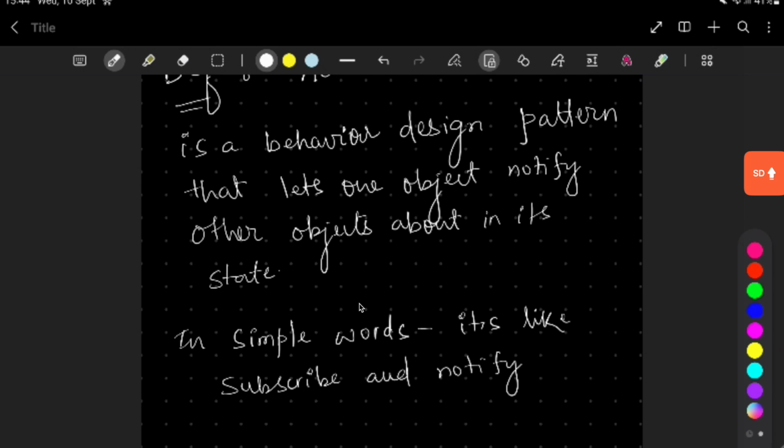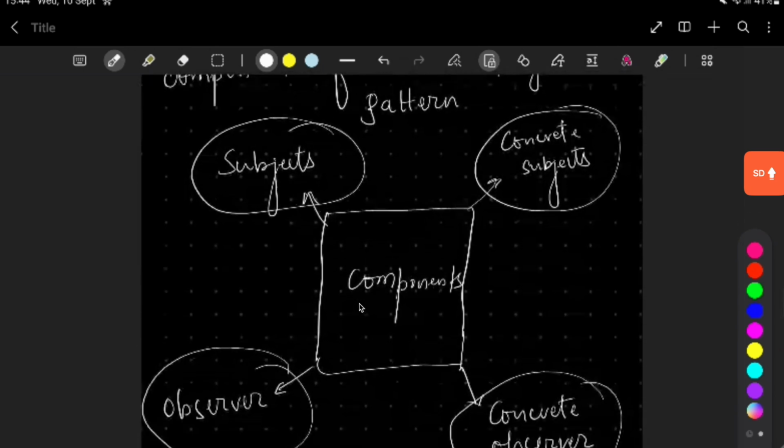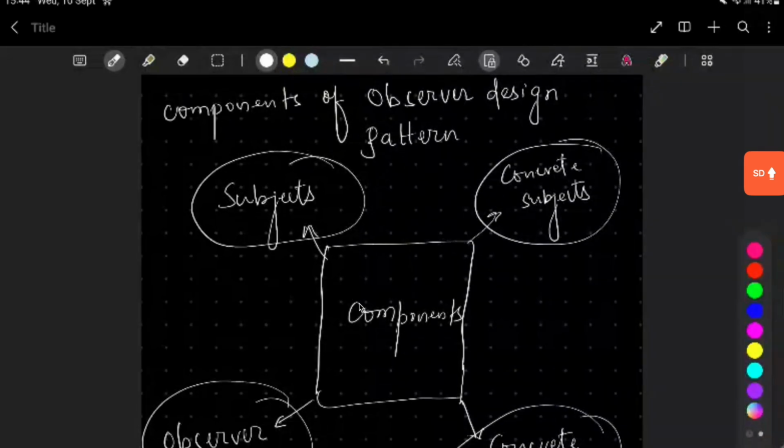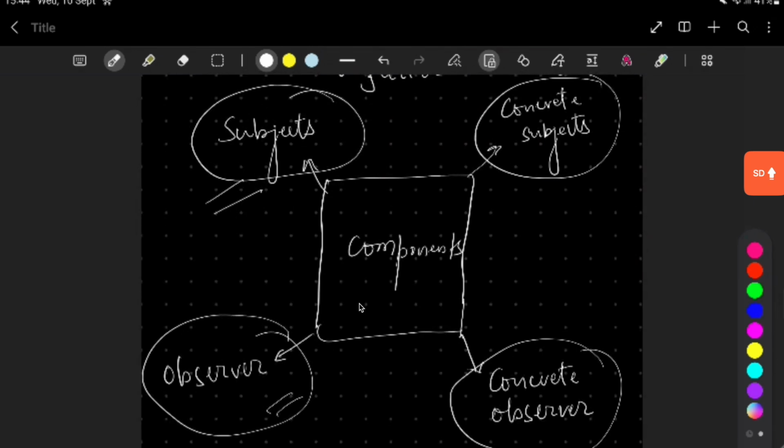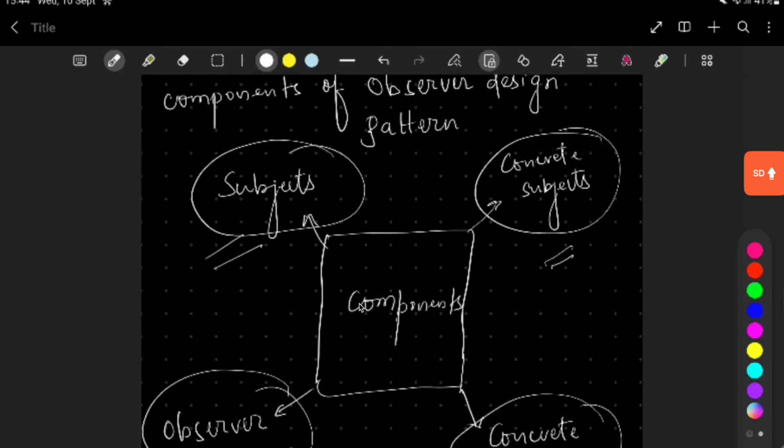Now let's move on to the key components of the observer design pattern. What are the key components that play an important role when we implement this pattern? The first component is the subject. Then we have the observers. These two play a major role, and then we have the concrete subject and the concrete observer. So these are the four key components that come into play when we implement the observer design pattern, and I will be